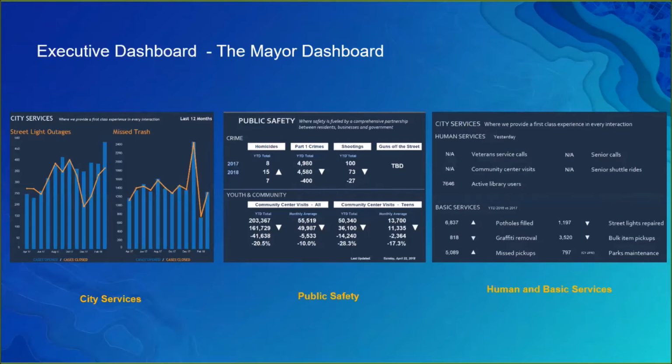City services. The city service dashboard displays open and closed cases for street light outages and missed trash pickups over the past 12 months. For the public safety dashboard, using data from Boston Police, the crime and domestic violence dashboard presents a